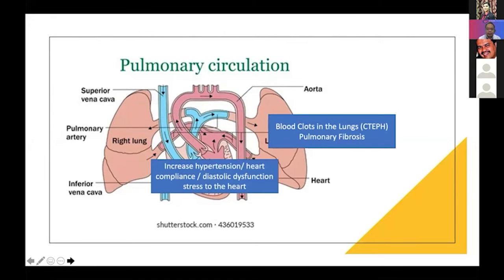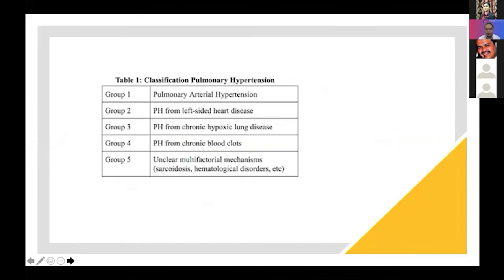And also by age, when people age, they develop stiffness in the heart. So when they develop stiffness in the heart, compliance decreases, they develop diastolic dysfunction, and this contributes to the development of pulmonary hypertension. So why it is important is to note that we divide pulmonary hypertension into these